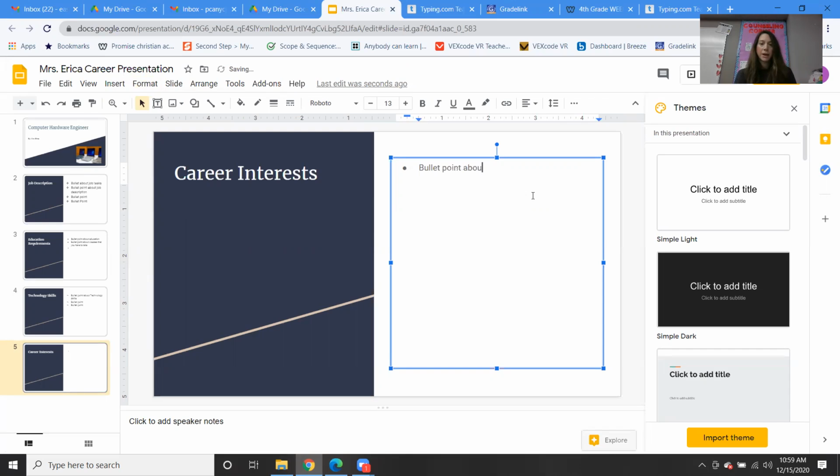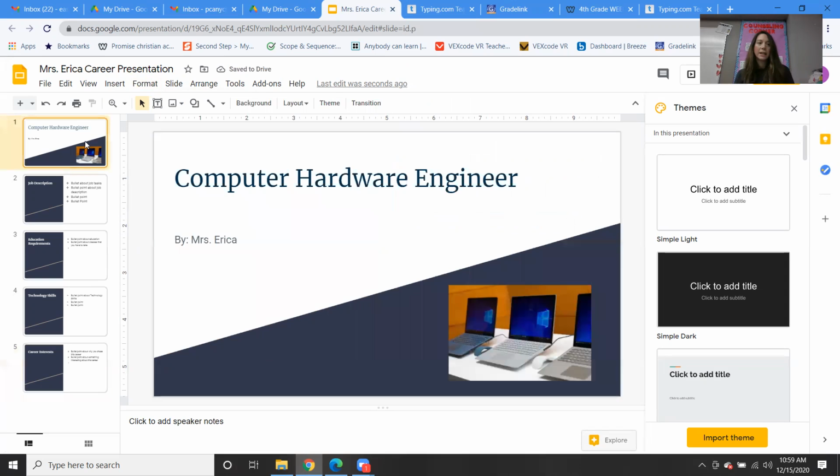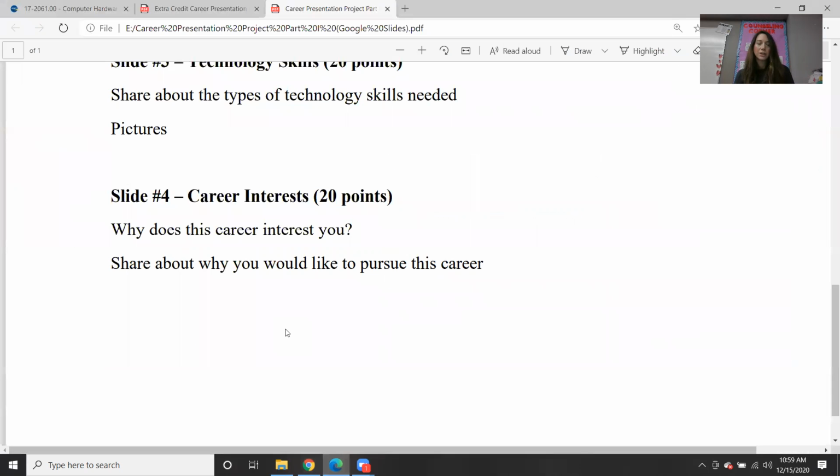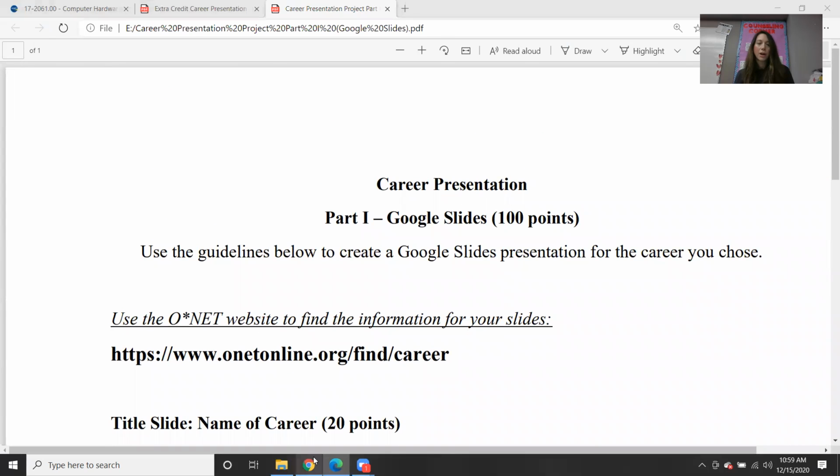Add a bullet point about why you chose this career, and maybe a bullet point about something interesting about this career. So do a few bullet points about it, okay? And again, if you add in more pictures, you'll get more points, okay? Each of the slides is worth 20 points, but I'm going to be looking for